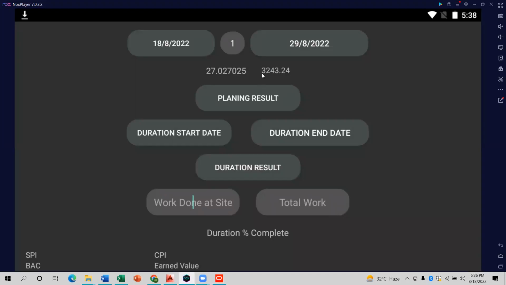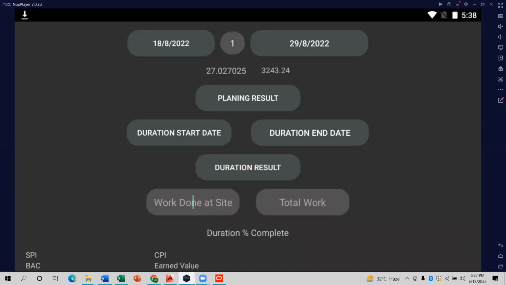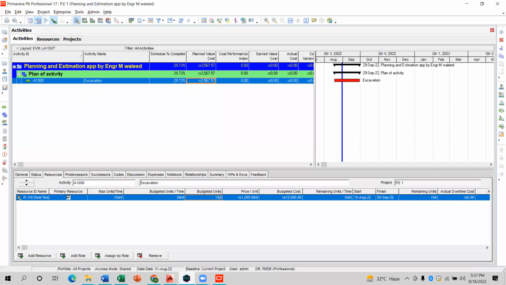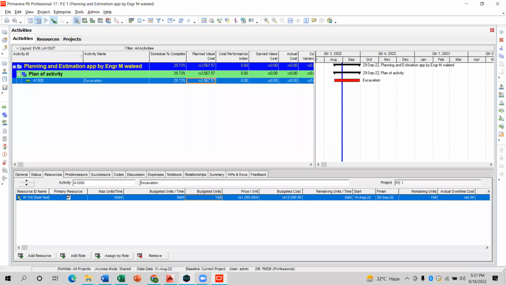So it is giving me 3,243 rupees, and it is giving me 3,567 rupees, and it is giving me 3,243 rupees. Okay. So how much difference is coming? That is 300, 567 and 300 rupees difference is coming. So it is not different at all, because I want to show you one thing, that when I go